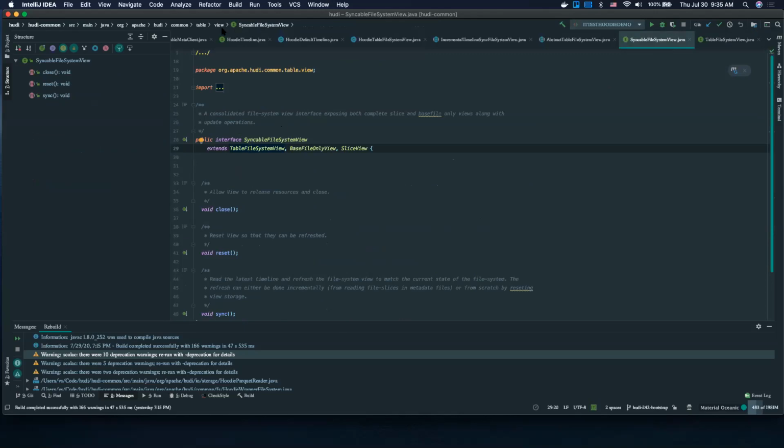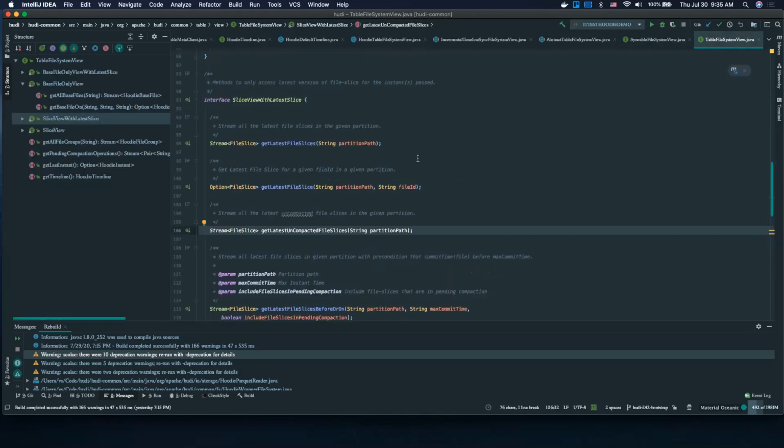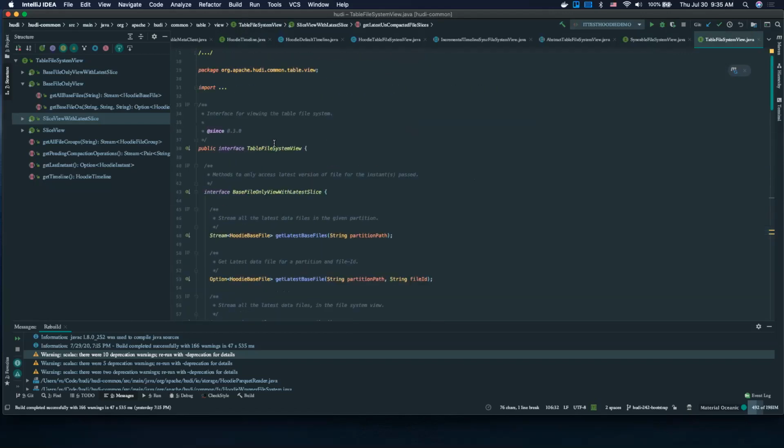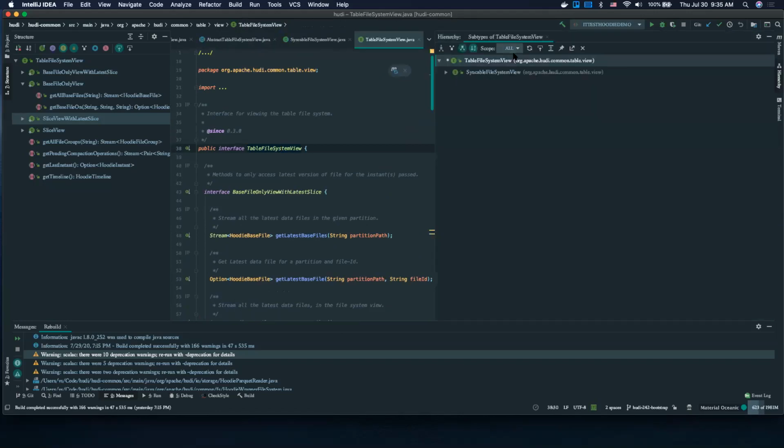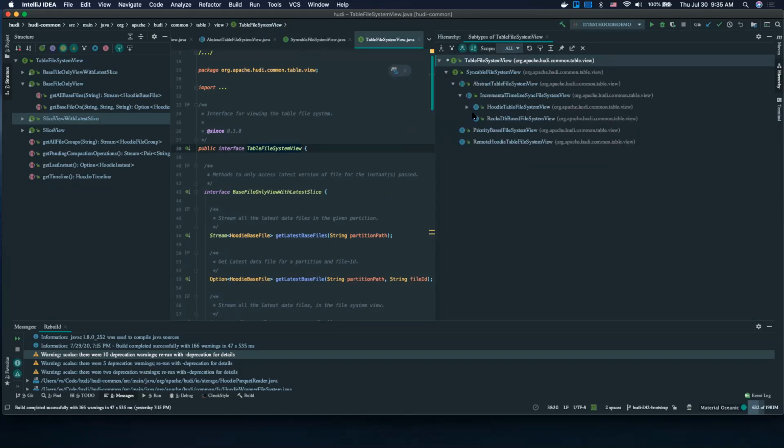And if you keep following this, the way we implemented the timeline server is one more file system view effectively. So let's take a quick look at the hierarchy here. Tomorrow, if we were to add our own consolidated metadata as in RFC 15, we will do it that way. So you can see, this is the traditional one, which is updated and is in memory effectively. There is one that is based out of RocksDB. There is one which is remote. Essentially, all the executors,